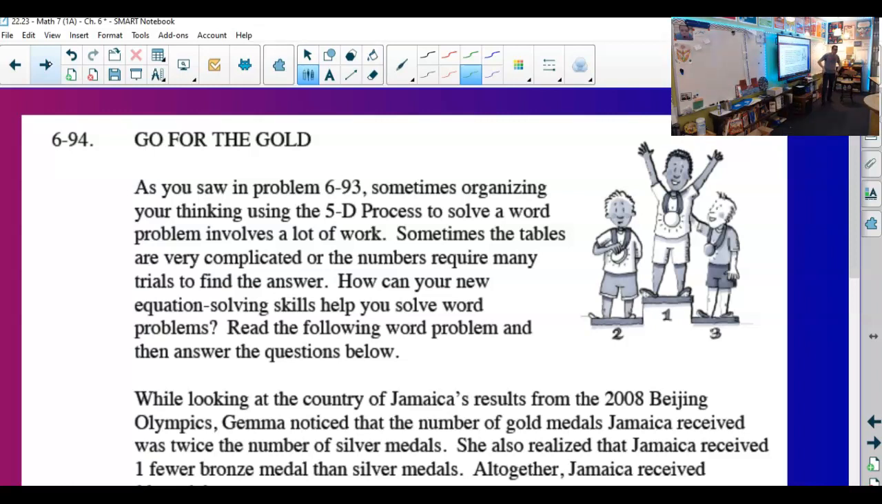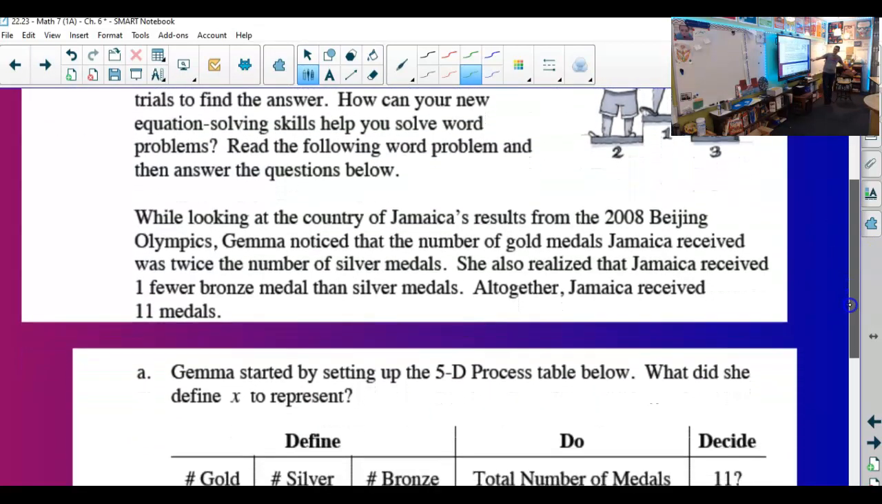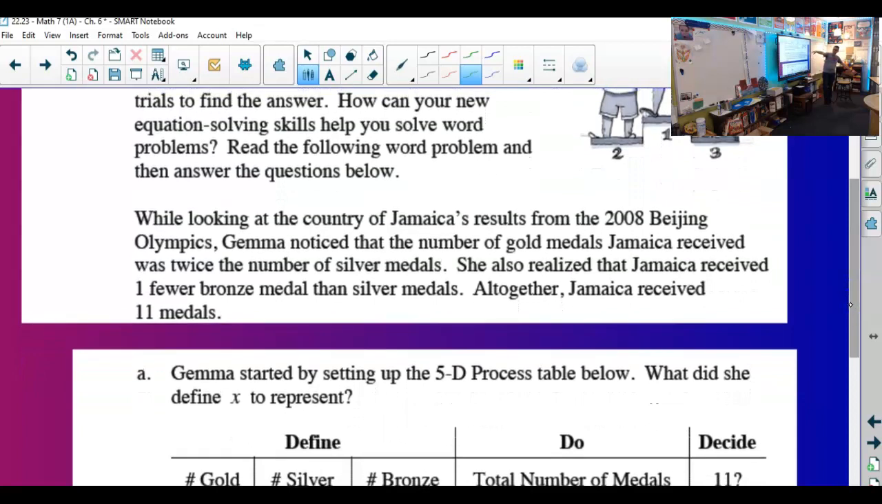Anyone want to read for me? Anyone else? Well, Alex already read. Gabe, you want to read? We let Jana read because you said wait now. All right, so check out the wall looking. Just go ahead and start at wall looking at. Looking at the country of Jamaica's results from the 2008 Beijing Olympics, Gemma noticed that the number of gold medals